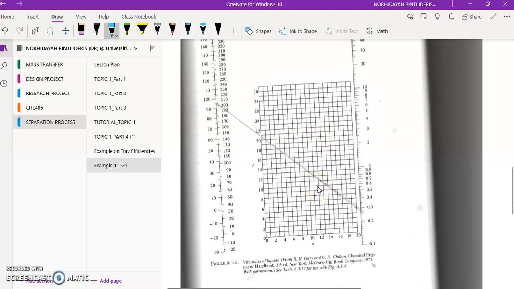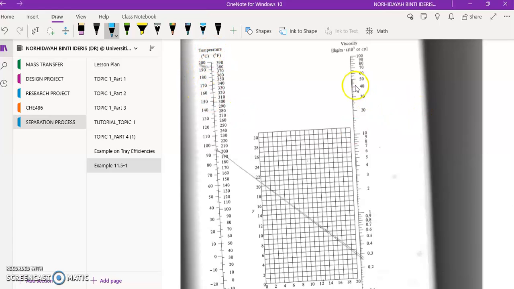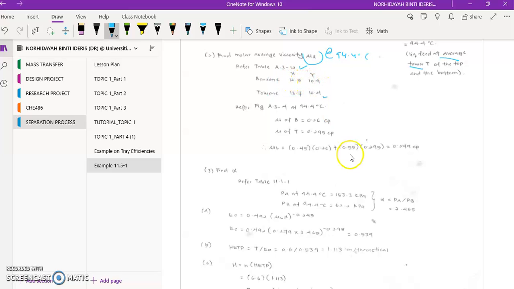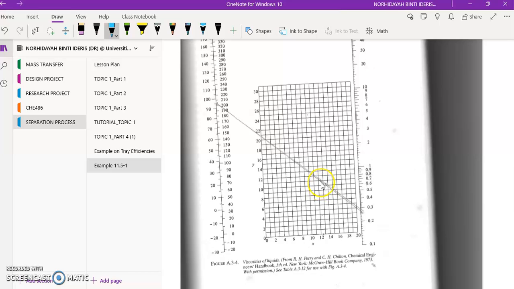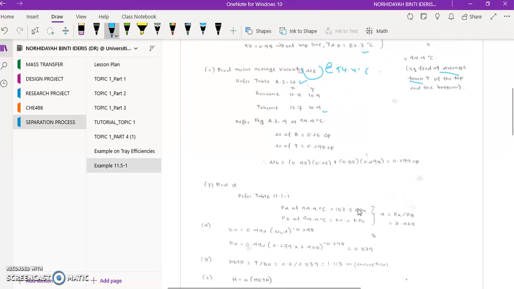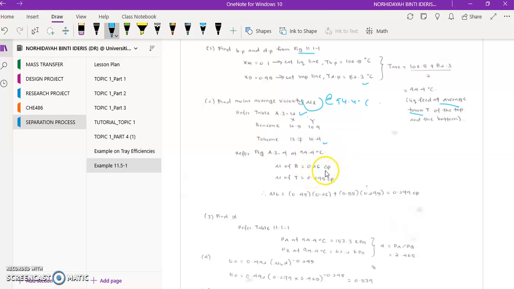It's actually quite a unique graph, because you can see here that you have the y-axis temperature and the right hand side is the viscosity. So let's say that you want to look up the viscosity of benzene. You need to find this coordinate 12.5 and 10.9. Okay, so 12.5 and 10.9 should be somewhere here. So what you're going to do is, let's say here, you have a temperature of 94.4 degrees Celsius. Make a straight line from the temperature touching this coordinate and then bring it to the right hand side. Here that will give you the value of the viscosity. So from here, the viscosity of benzene will be about 0.26 cP. You repeat the same thing for the toluene, and that will give you the value of 0.259. Alright, so I think for the next step, you can just refer to the step